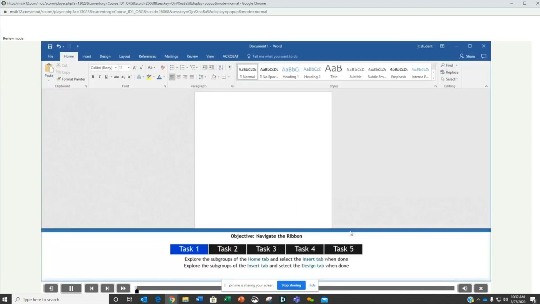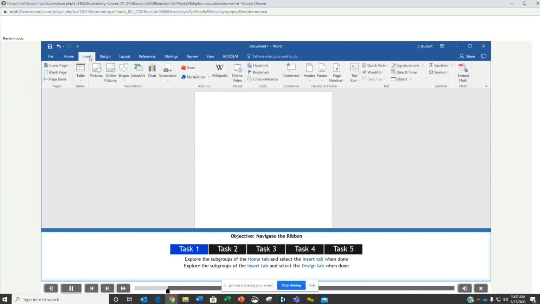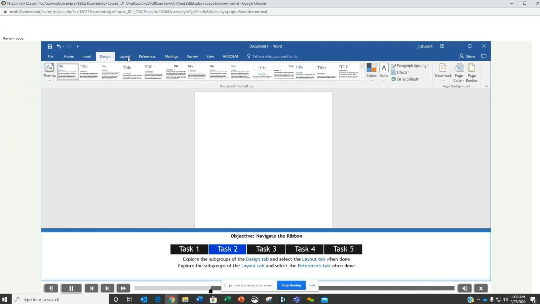I actually took this one, that's why I have 100, but I'm going to take it again just to show you how it works. So the simulation opens up. It looks like Word, but it's not Word. And in this particular activity, you are forced to look at all of the subgroups in Word, take it from a single page to a multiple page. So as I click,